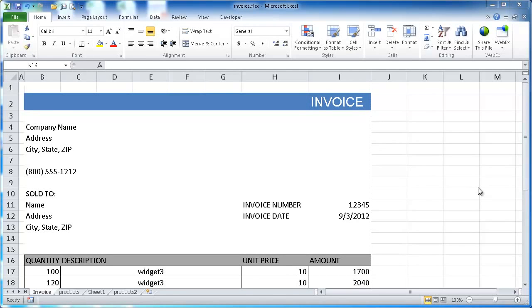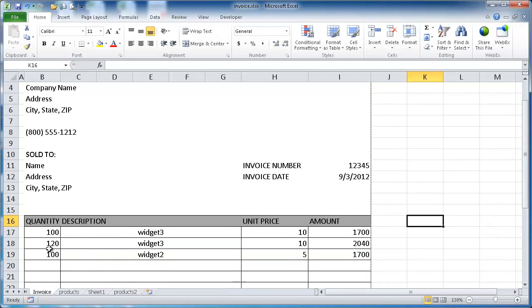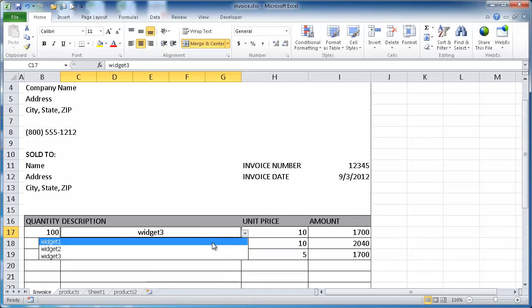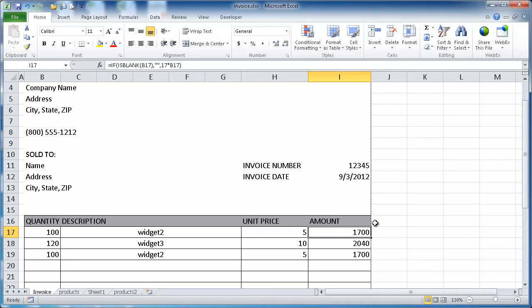Hi, in this session I'm going to show you how to create an invoice. Let's say you are selling some items and you wanted to create an invoice for your customers, and you had situations where when you entered in the quantity of an item you wanted to pick from a list of items that you had. Maybe you had a set amount of items, 10 to 20 different types, and when you selected that, the price would automatically come up, and when you enter in quantity,